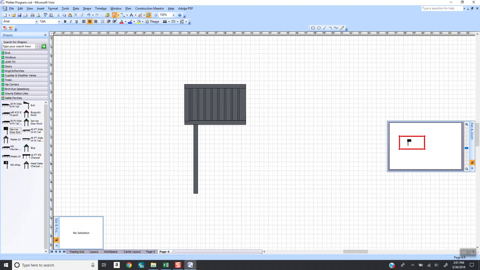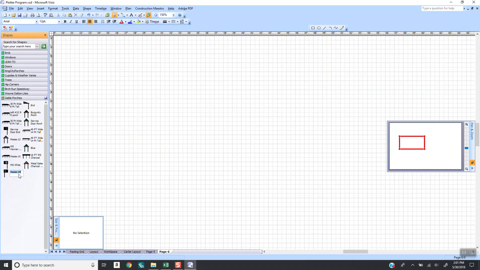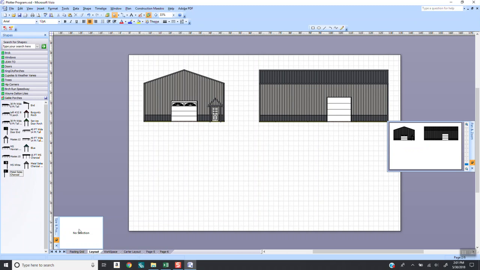Voila. All right, I am going to click on this pointer tool, hold my left clicker down, just drag over the whole thing. Make sure you get it all covered. And then when you bring your mouse over it, as soon as you see the crosshairs, there they are. See them? Hold your left clicker down, drag it in. And I'm going to call this one Metal Sales Charcoal. Okay. Now I can go back to the layout page, and I am going to drop that little bugger right